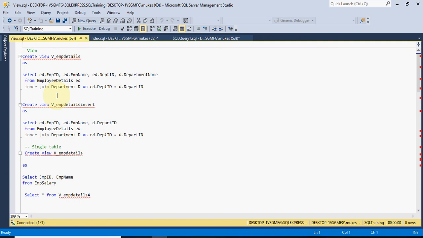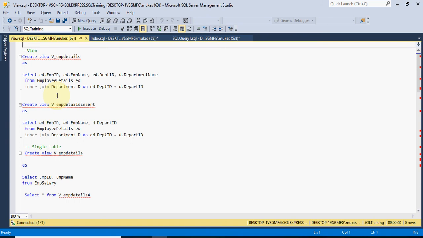Suppose the report has a requirement to add two additional columns, so we can update the view and integrate the view into the front end tool. So the view is integrated by using the stored procedure. So in real time, we can use the view for report purposes. Okay. So just keep that in mind.